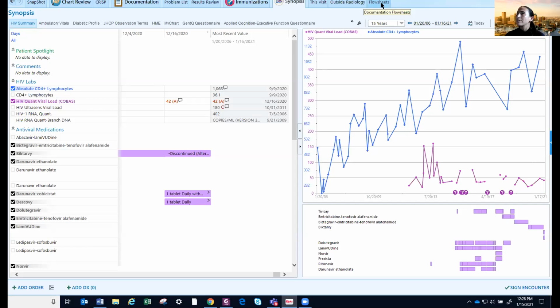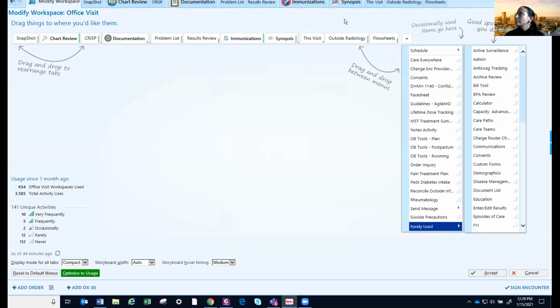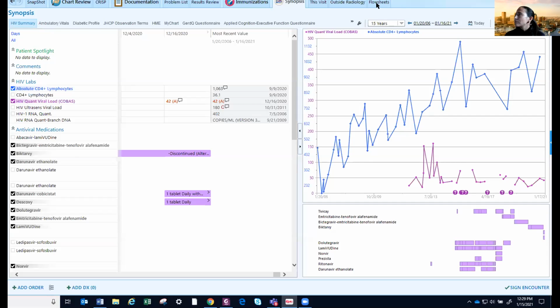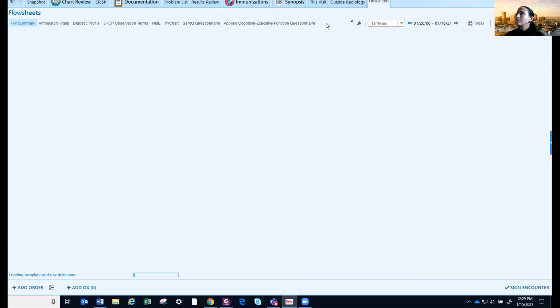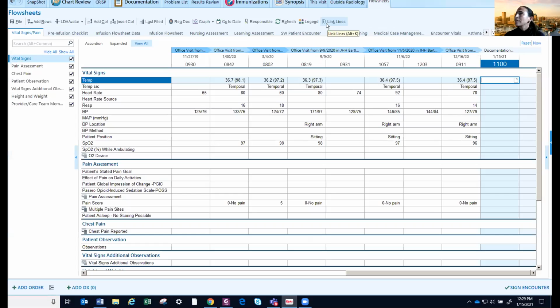So this is another thing where this flow sheet tab might not be there in your view. It was not there in my view, and I needed to add it. And you do that through this wrench. And you would find flow sheet over here, and then you could drag it up. So you go to flow sheets, and then you go to